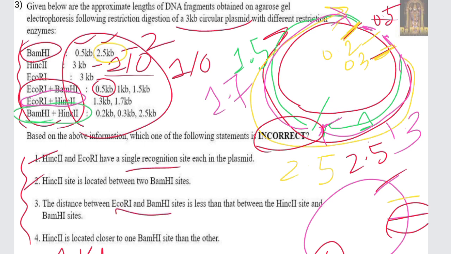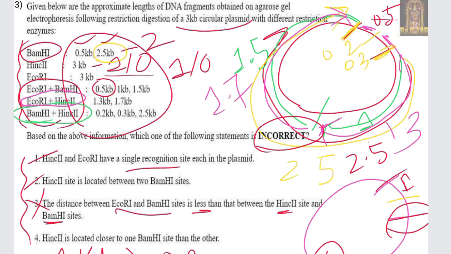And the hinge 2 site and the BAM-H1 site, the distance between these two sites is this much, 0.2 kb. It should be like this. So the distance between EQR1 and BAM-H1 site is less than between the hinge 2 and BAM-H1 site. This is wrong. And the last statement is saying the hinge 2 is located closer to one BAM-H1 site than